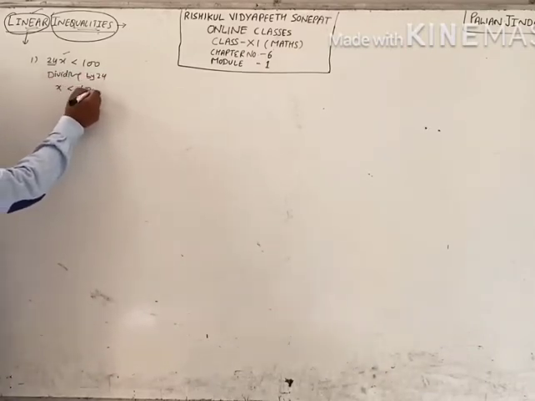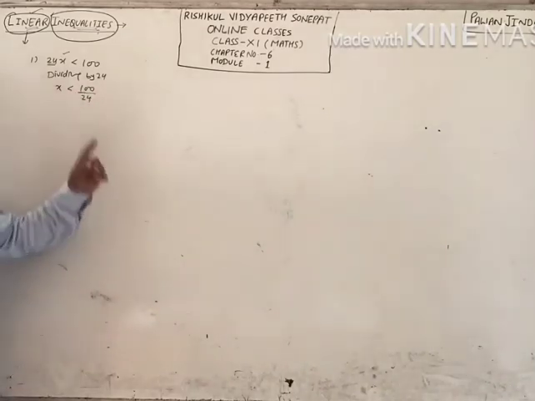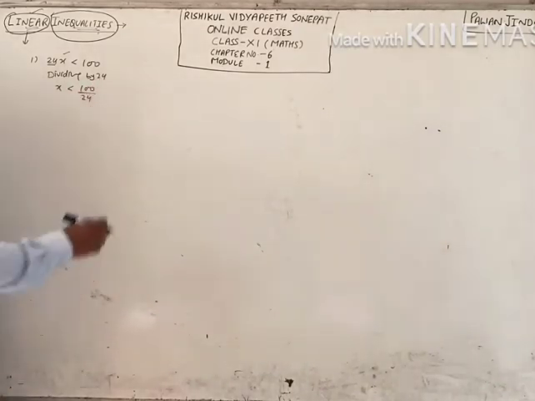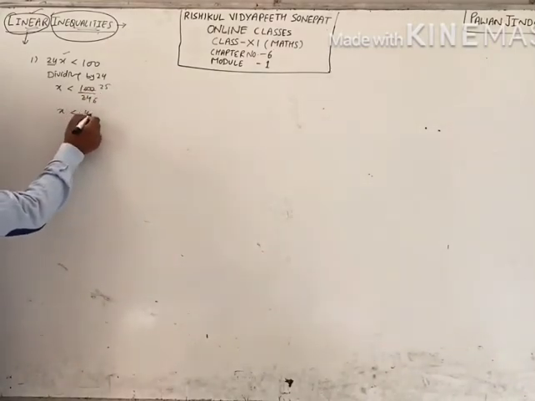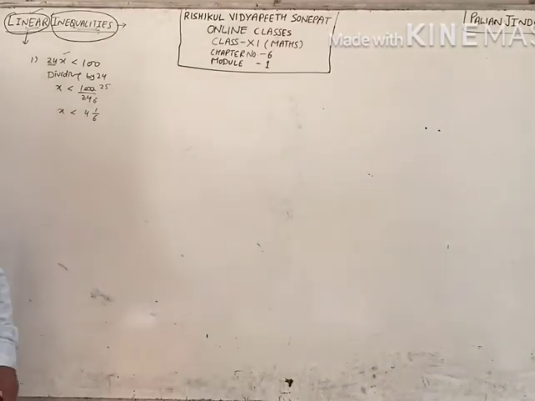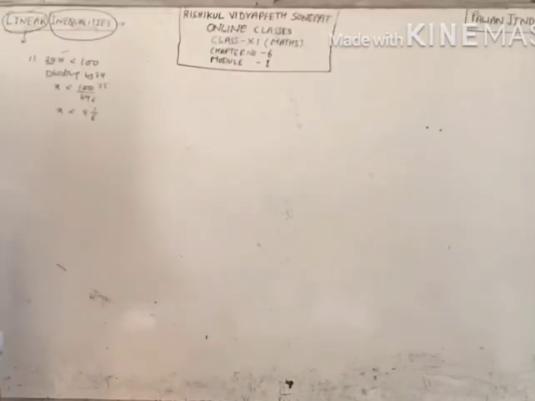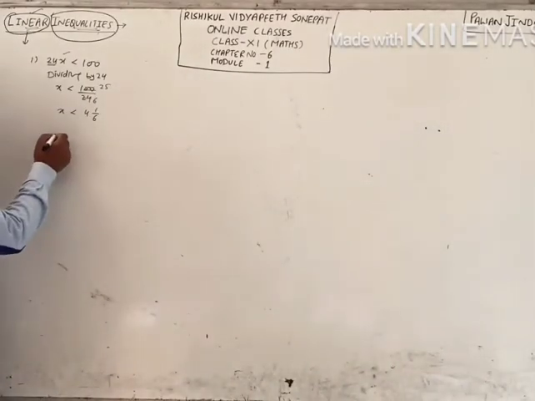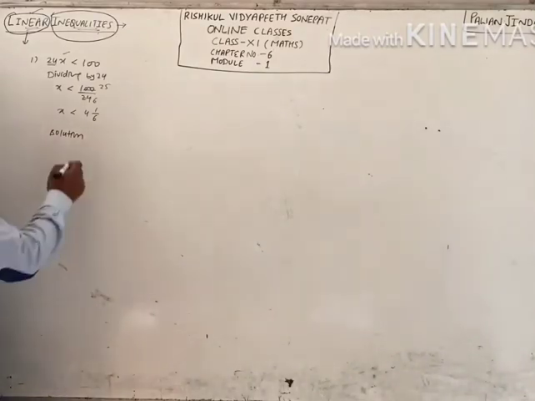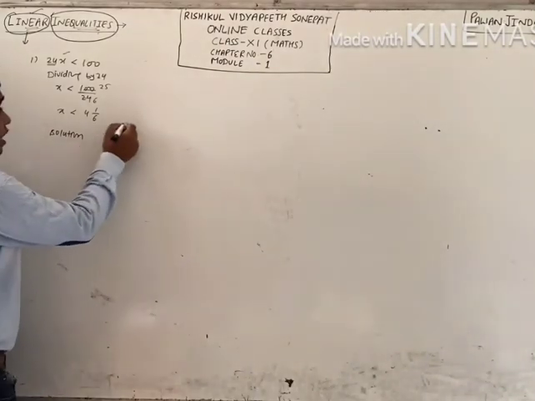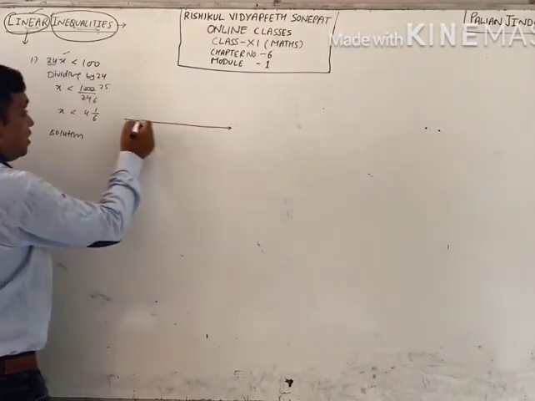x less than. Here sign will not be changed because 24 is positive. See, do the cutting. This is your x less than 4 and 1 by 6. Right? Your solution is x less than 4 and 1 by 6. You can write like this: solution is all numbers less than 25 by 6, or you can say 4 and 1 by 6. These will go up to minus infinity, and for easiness you can plot it on number line also.